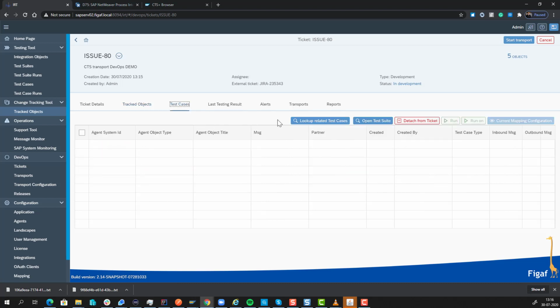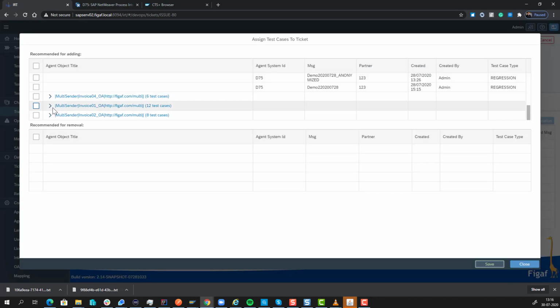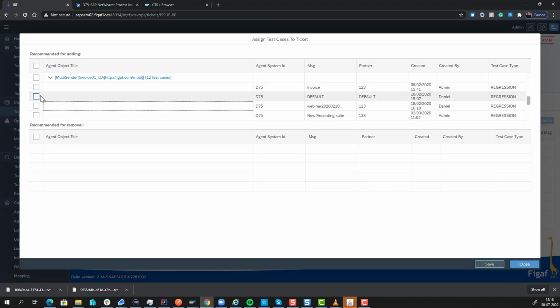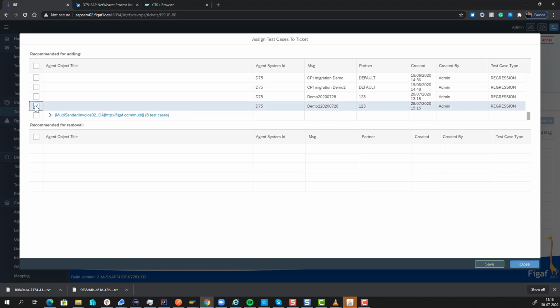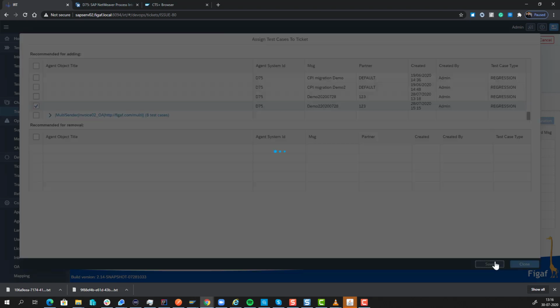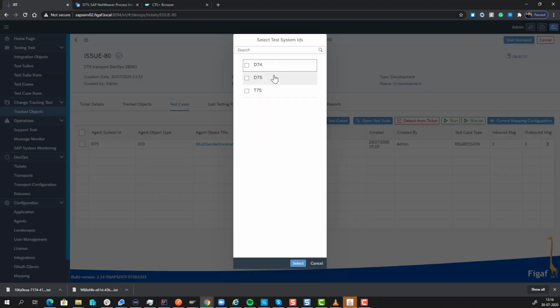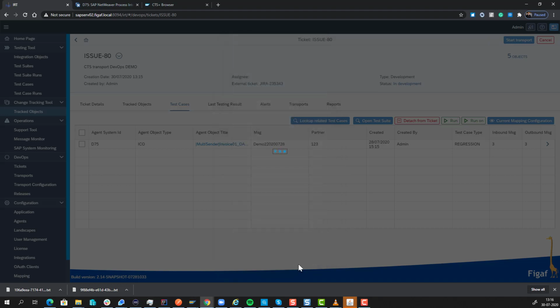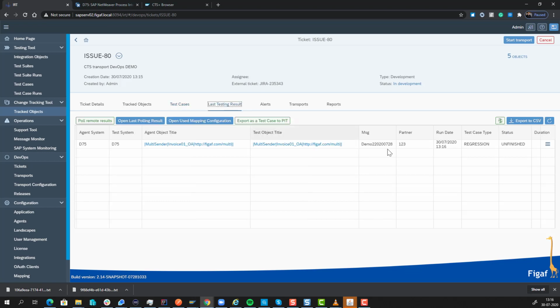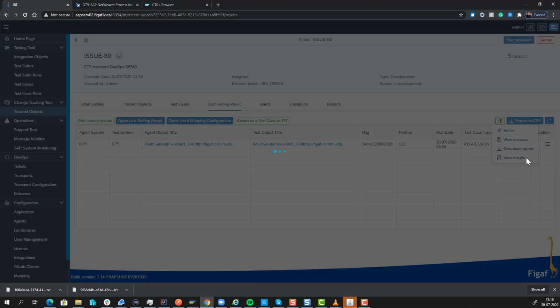We can then go in, we can look up all the relevant test cases we have for this system. So for this interface, I have a number of different messages, and normally you obviously want to select all of these different test cases, but based on the system, it will figure out what are the different test cases you have. You can then assign it, and you can run it on any of the systems in the landscape. And obviously we want to run it on our development system, and then it will send in the same messages